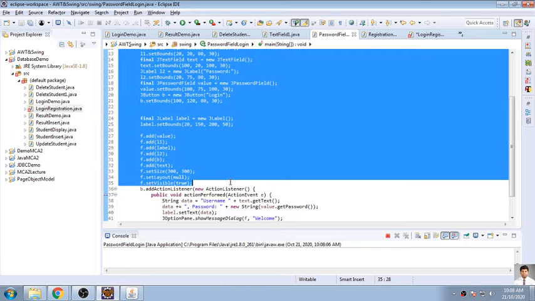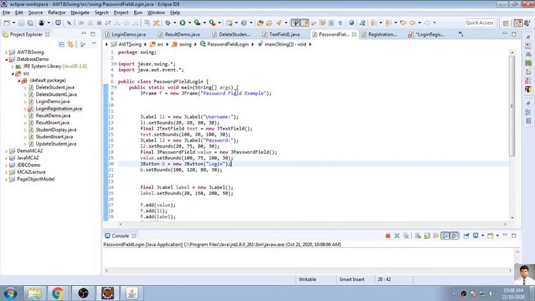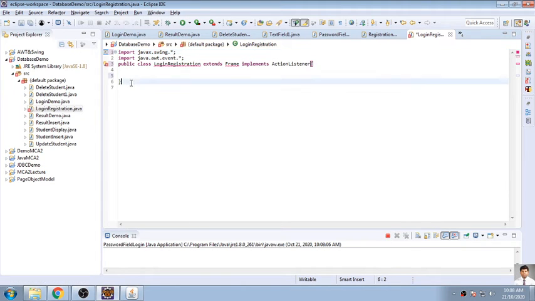We will extend the frame directly. Login registration. It is javax.